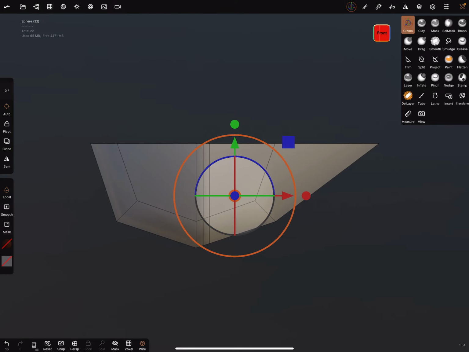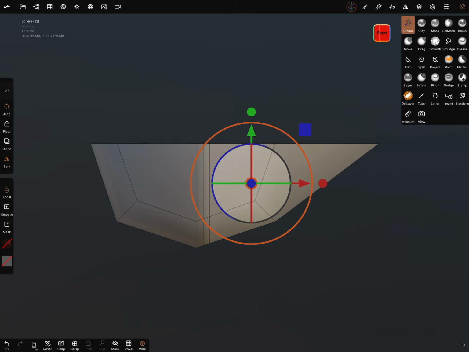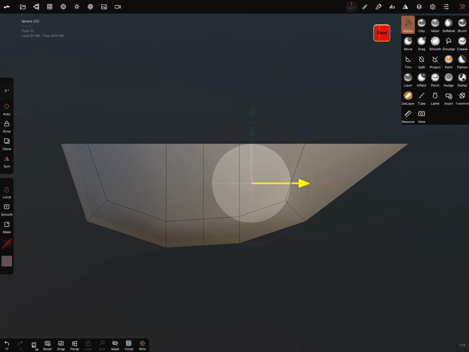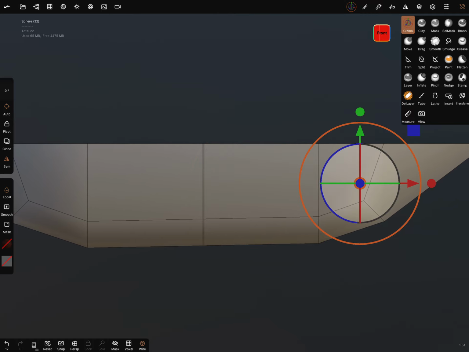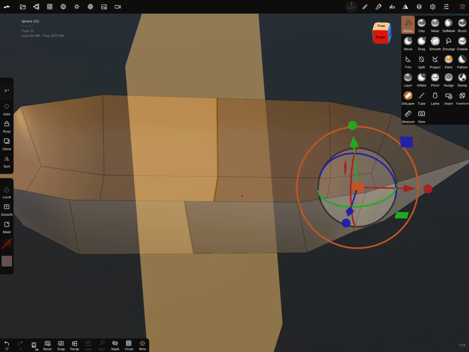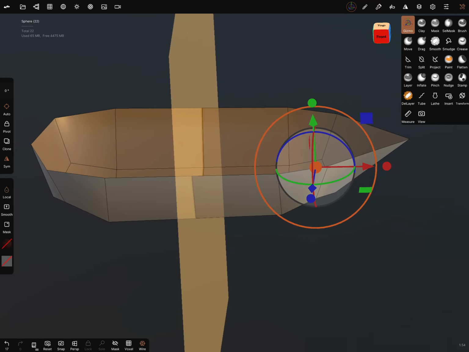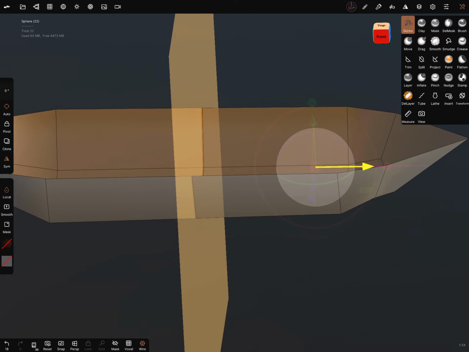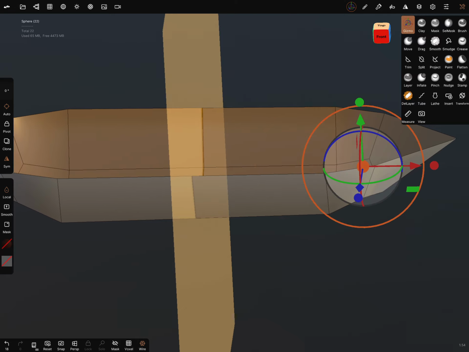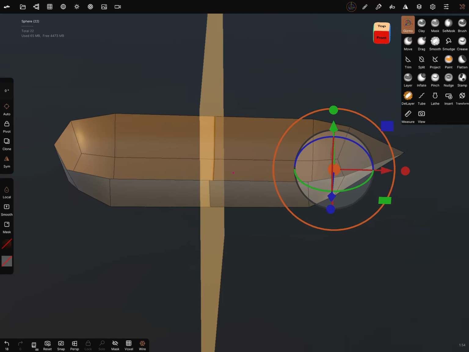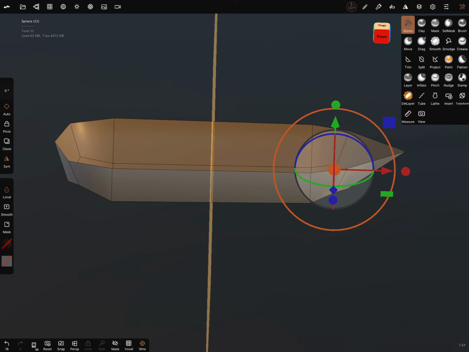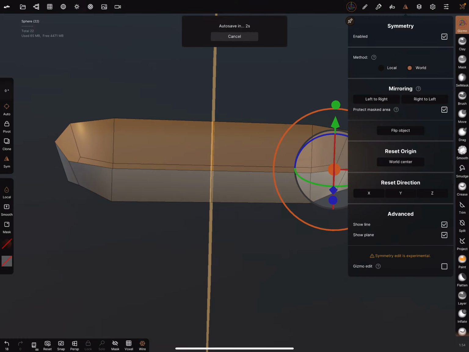Go to the front view, turn the symmetry on, and bring the boat hull in position. I hope it's slowly enough, the steps. And now we got a boat hull. We can adjust the length of the hull or the boat itself, and now we can turn off the symmetry lines in the plane.